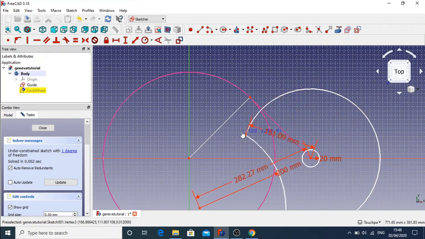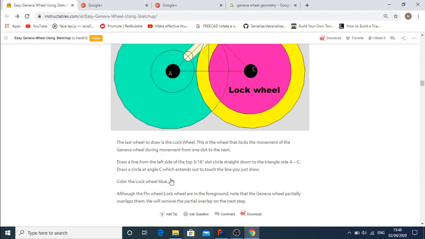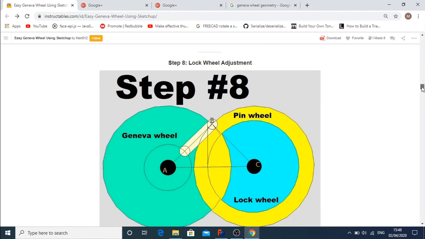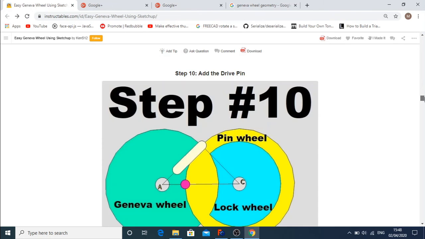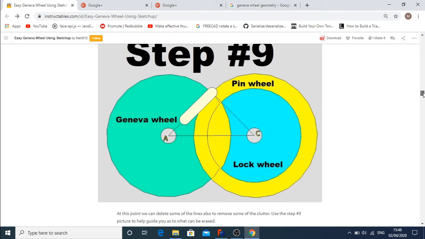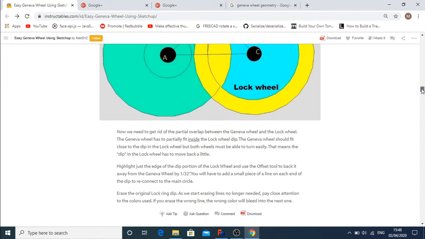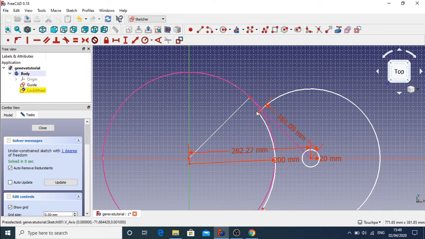And we've almost finished our lock wheel. So let's see what else we've got. It actually looks like we have finished the lock wheel. So there is a step of actually backing the lock wheel back a tad, because you need it to fit inside. So we can do that by just